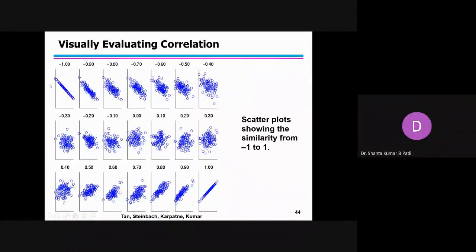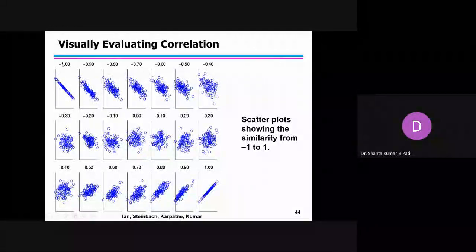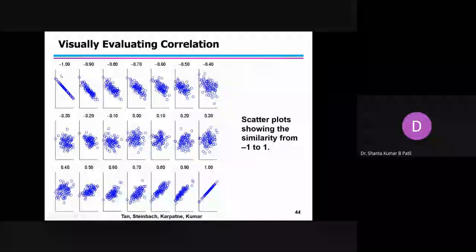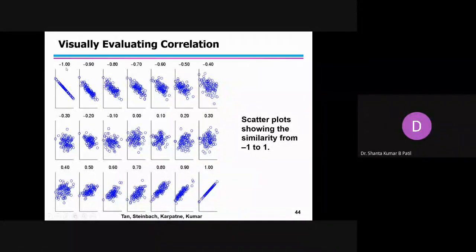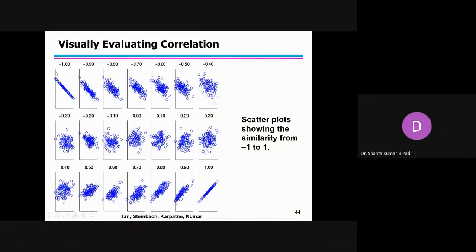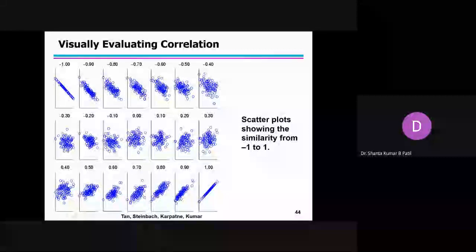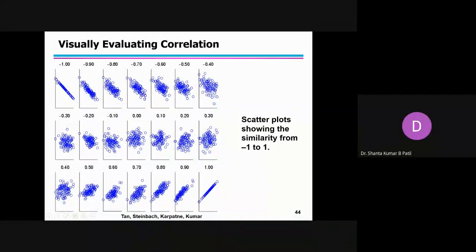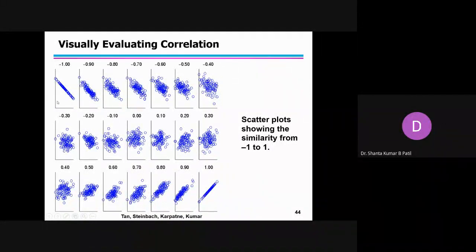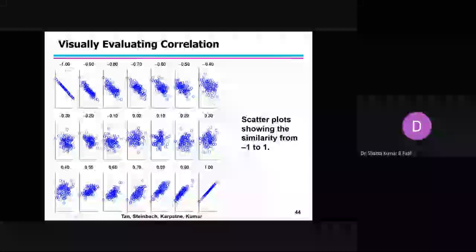Whereas in the case of the cosine value or the Euclidean distance, if the x and y are exactly opposite, what will happen? If the x increases, this is the increase of the x, and this is the increase of the y. If -1 is there, they are exactly opposite. X increases, y starts decreasing. So this x is increasing, whereas y is decreasing, because the relation is -1.